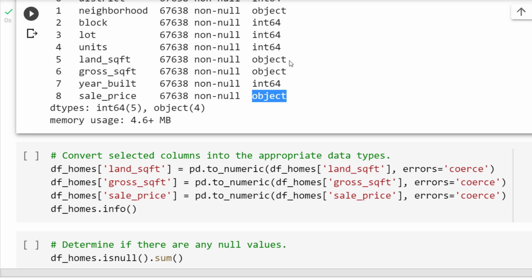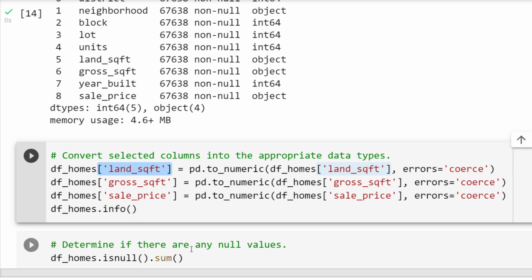The reason it may have done that, like in the sale price, we saw some dashes. And so Pandas may have thought, I see a dash there, maybe there's some text data that I want to preserve. Let's say that we're okay with removing those dashes, and maybe there's not any significance to them. What we can do is take each of these fields that were text, and we can use